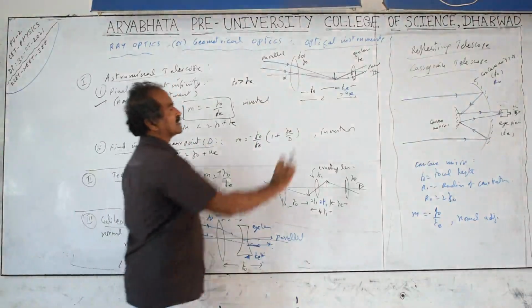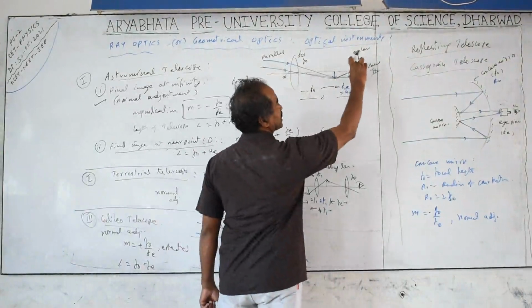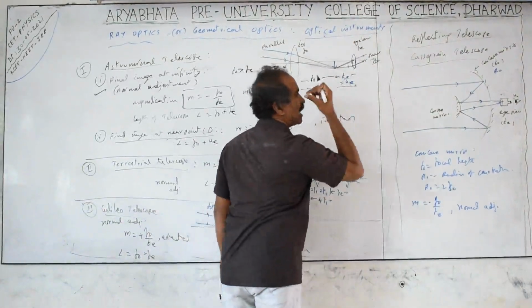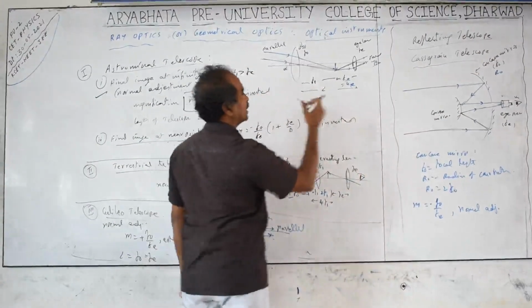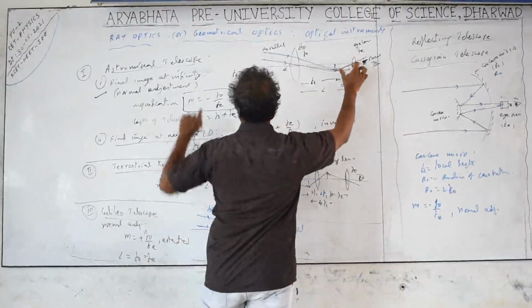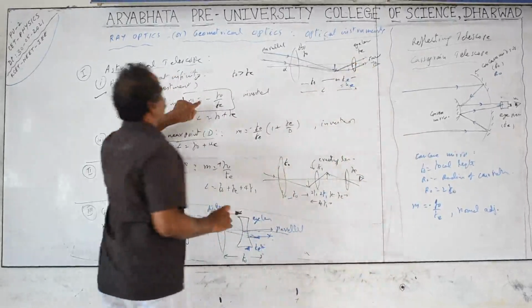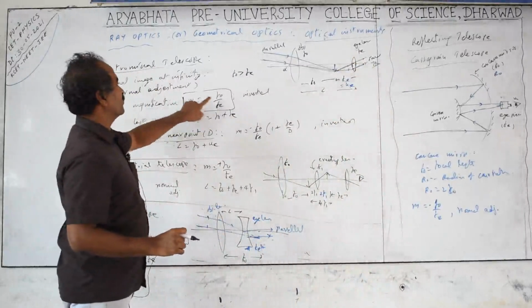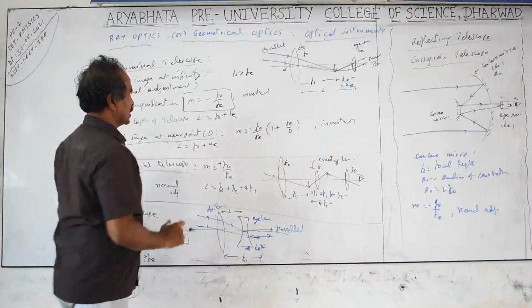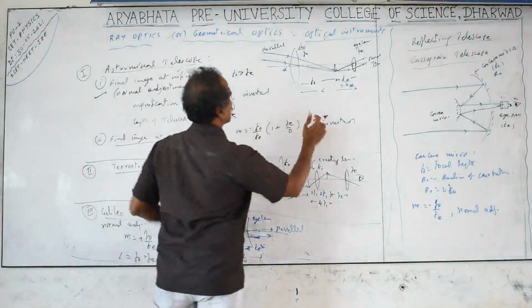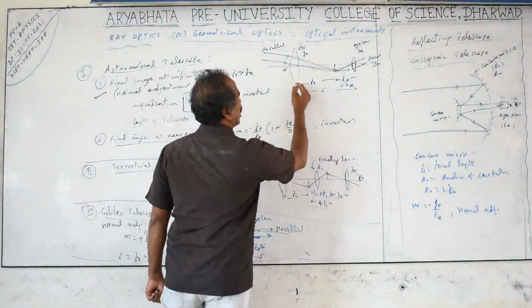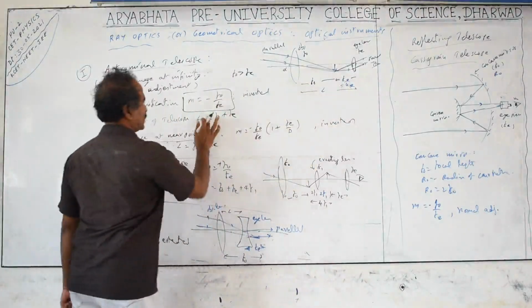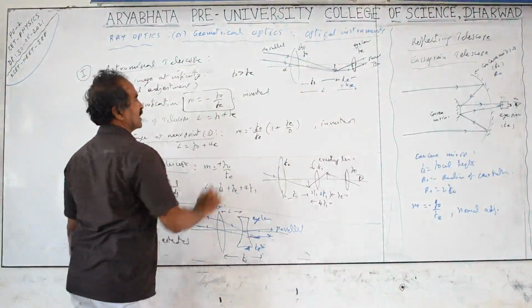Eye lens size is related to the aperture, the diameter of the pupil of the eye. So this is very small, but that's not important for the magnification. Magnification equals FO by FE. Less FE and more FO gives more magnification. In the normal adjustment, what is the length of the telescope? That is the distance from the object lens to the eye lens. L is equal to FO plus FE.